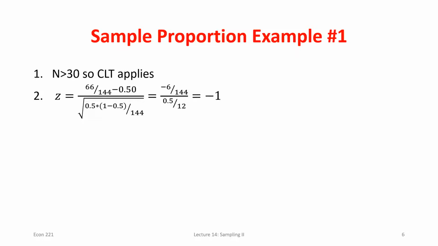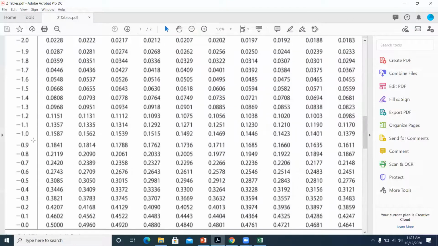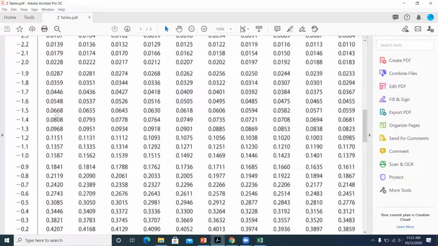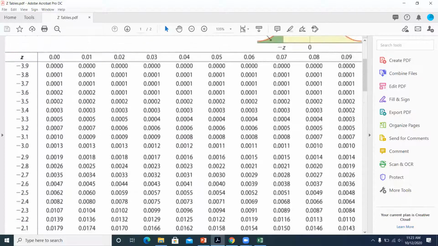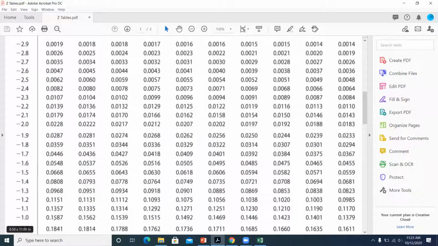Because remember, the table always deals with the left side. I want the area to the right, but the table always deals with the area to the left. So I go to my table, look up that z-score of -1.00. The area to the left of that is 0.1587.